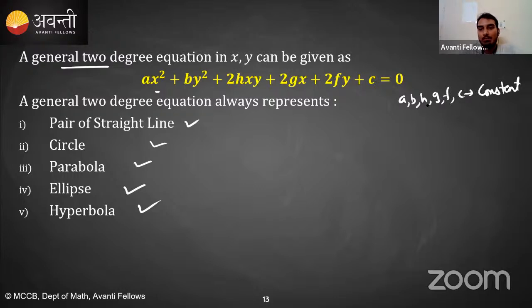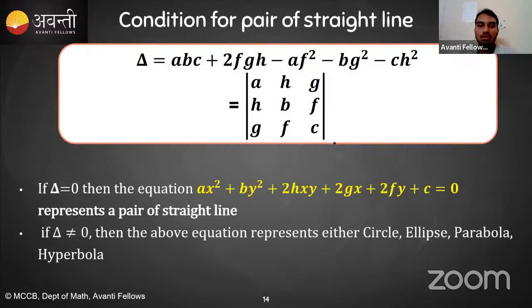Depending upon these constants, they may represent a pair of lines, circle, parabola, ellipse, or hyperbola. In our chapter we are interested in what makes this general equation of degree 2 a pair of straight lines. So let's see. The condition for a pair of straight lines is that